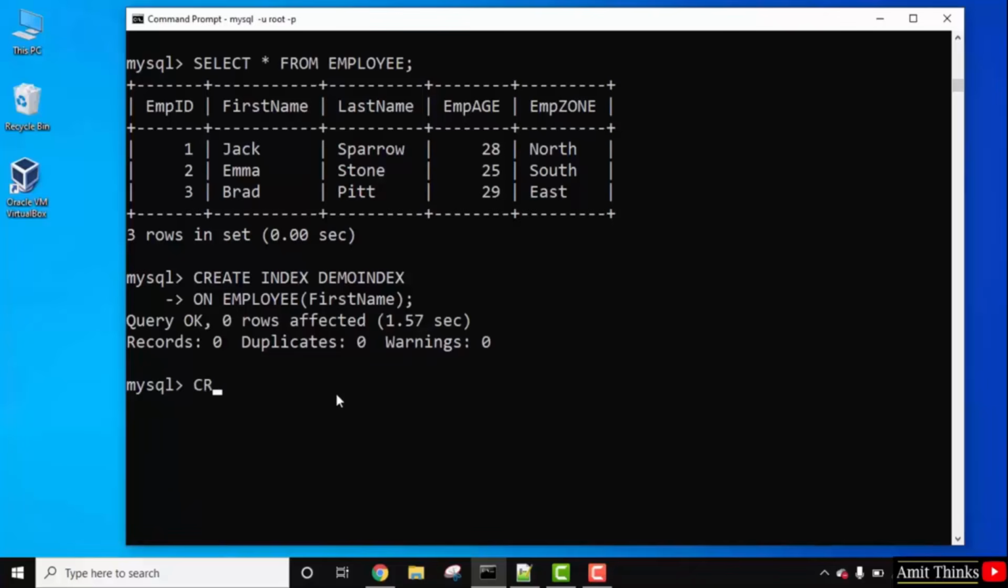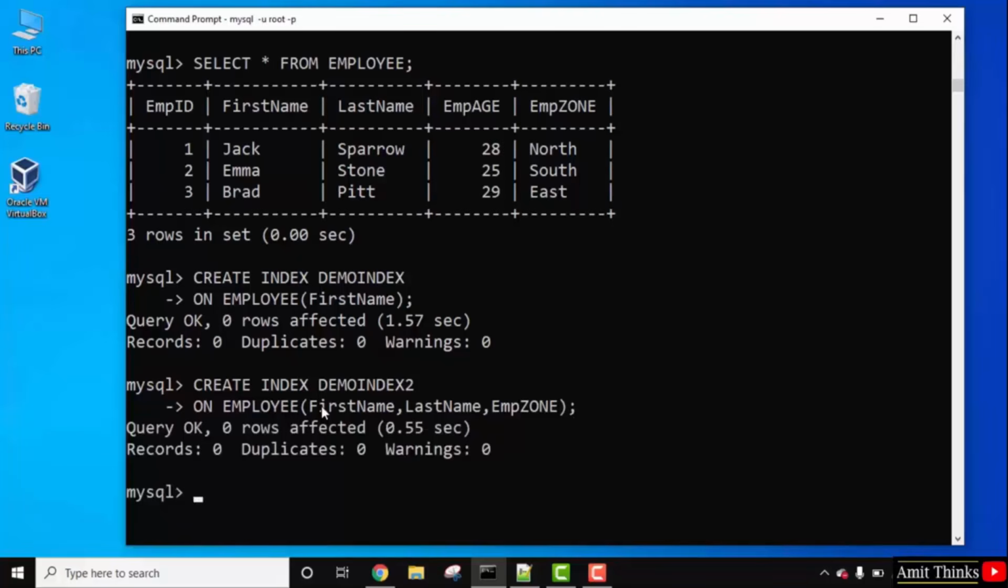Let's create another index, create index demo index 2, press enter, on, then mention a table name, on employee. Here let's add index for multiple columns, that is combination of columns. You just need to list the column names within this parenthesis separated by comma, that's it. So let's say it's for first name and last name with the employee zone. That's it, parenthesis closed. Now semicolon, press enter. Now you can see query OK, that means we have created another index